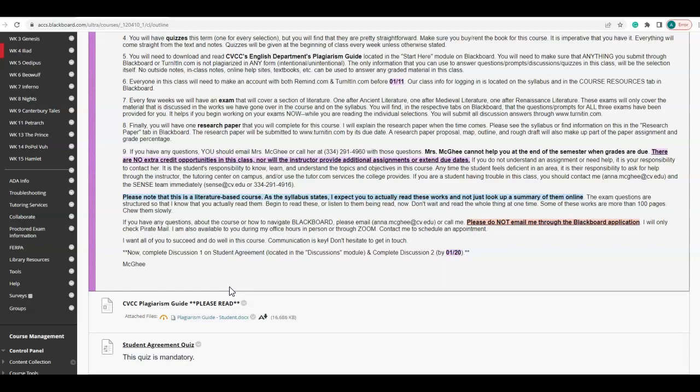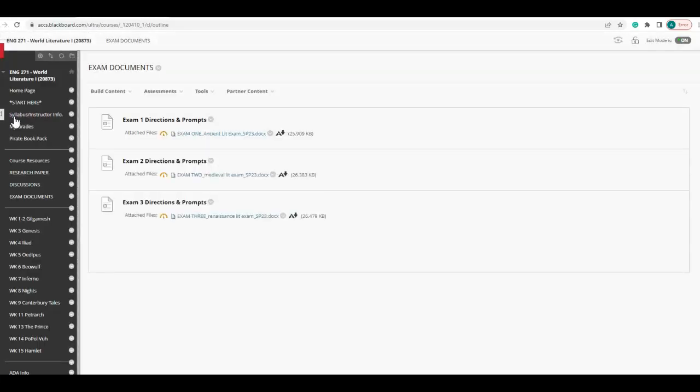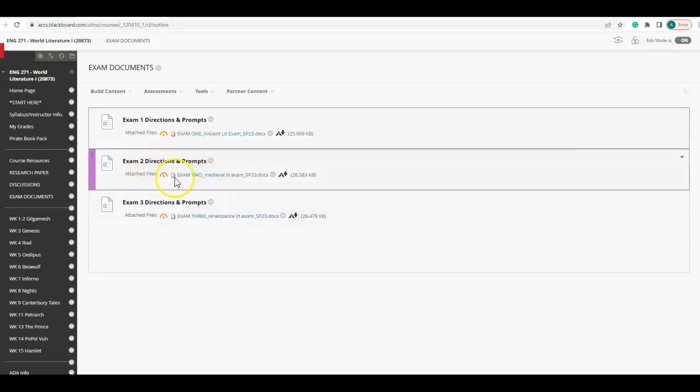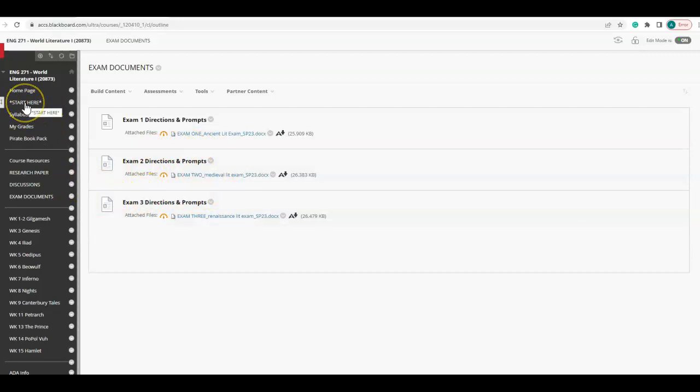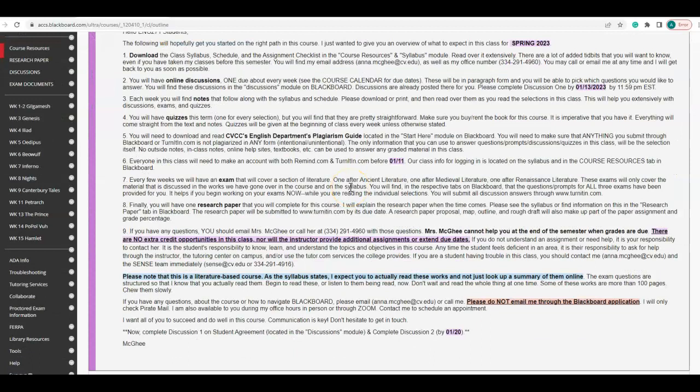All three of the exams are already provided for you because they are written exams. So if you go up to the exam documents section and click on that, all of the exams are already there, so you know what the questions are. So while you're reading those selections, you can go ahead and start answering those and not have to do your exam all at one time. But speaking of that, you will have a research paper due as well, not until closer to the end of the course, but we'll be talking about that in the coming weeks.